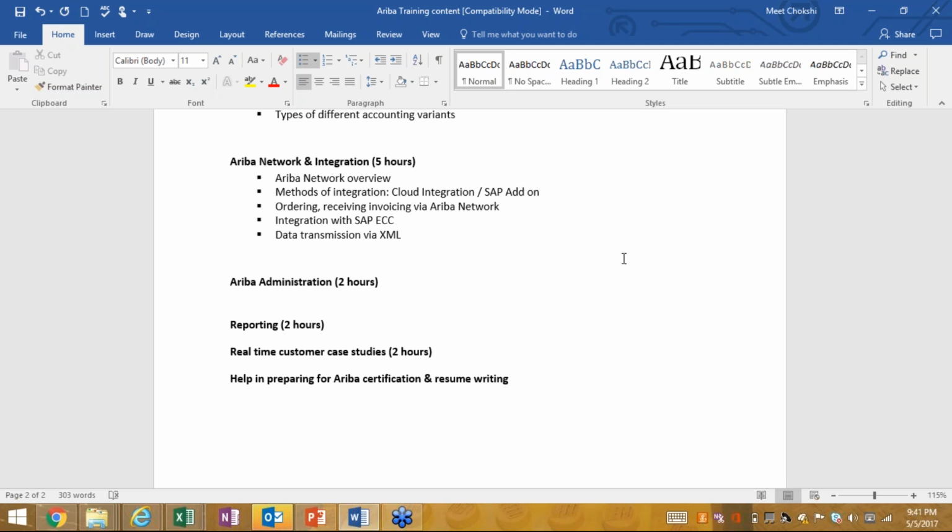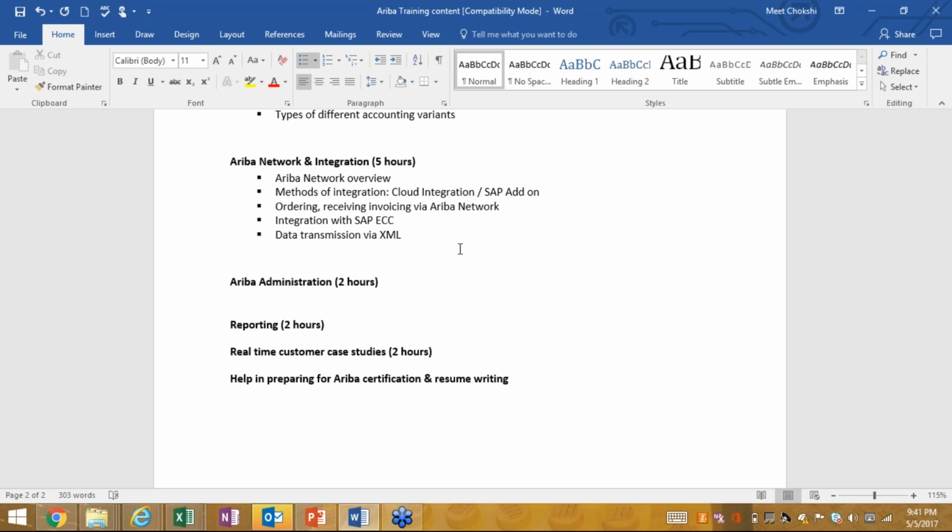So now Ariba offers the standard integration with SAP. So that said, we can have pure invoice automation, right? Probably one of our team members has already done this integration. So what it does is, we can have a supplier network account, right?